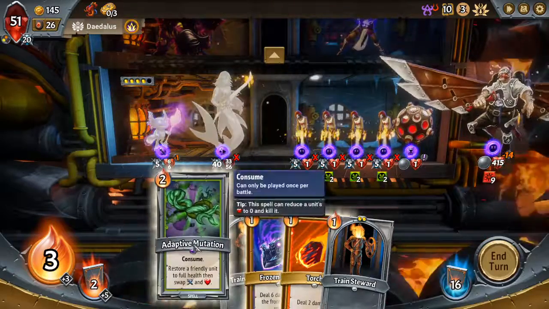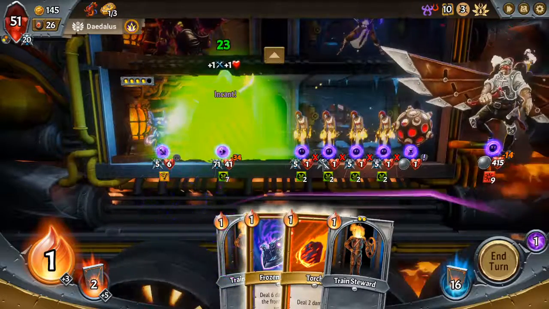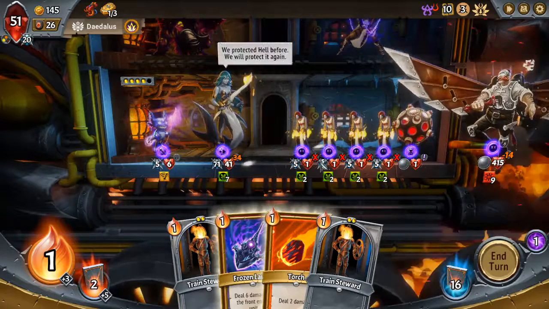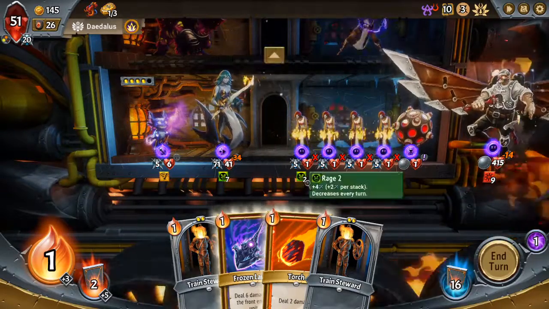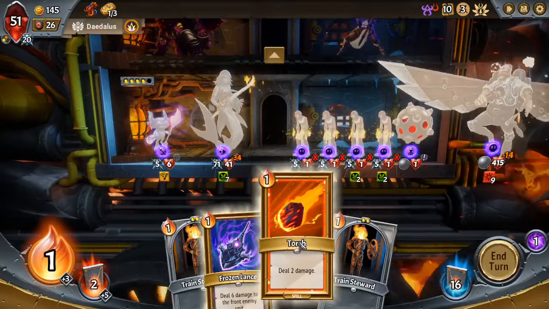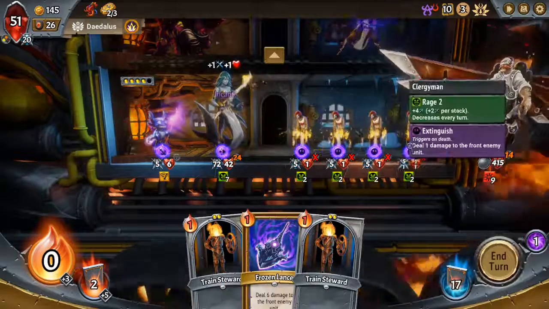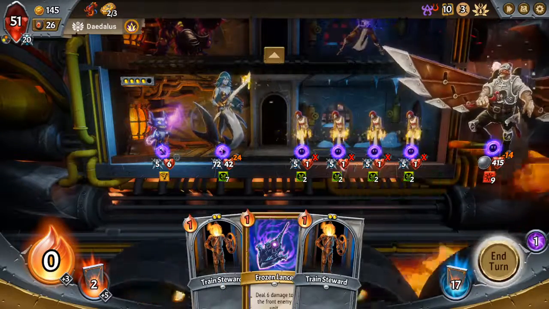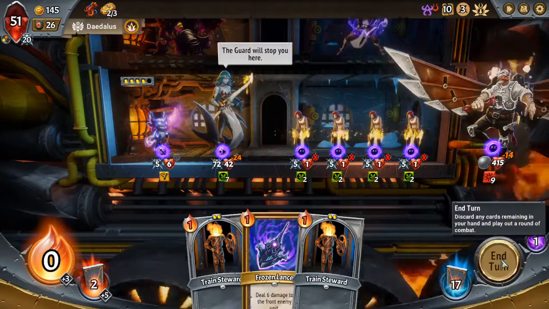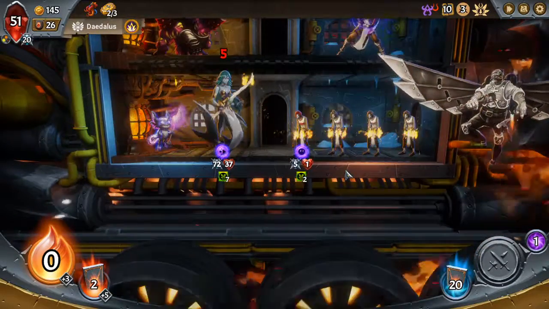Well, I'm going to try the adaptive mutation on our siren. And then I think it would be nice to do some damage to this guy, but actually I'm going to get rid of the bomb. She's still taking a ton of damage, but she also hits pretty hard. Unfortunately, she's going to hit this guy first. If she would wait until she could get a first shot at Daedalus, it would be nicer, but...